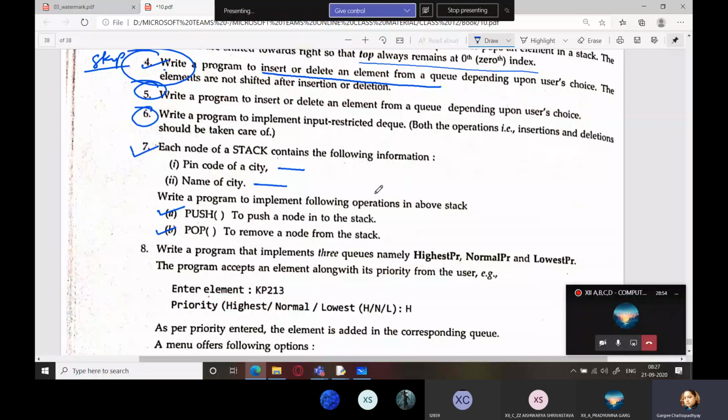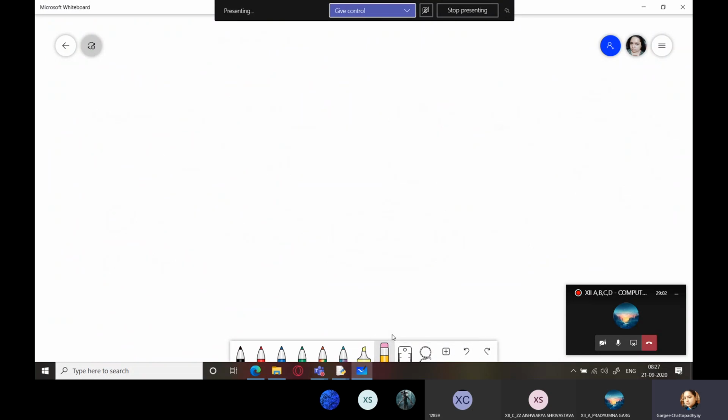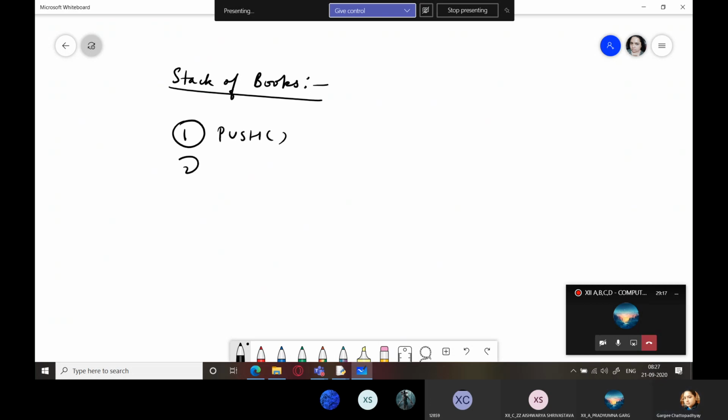Now right now what you will be doing is I'm giving you a question, and I'm going to explain that question to you. You have to implement a stack of books. You have to implement push operation, pop operation, and traverse operation.